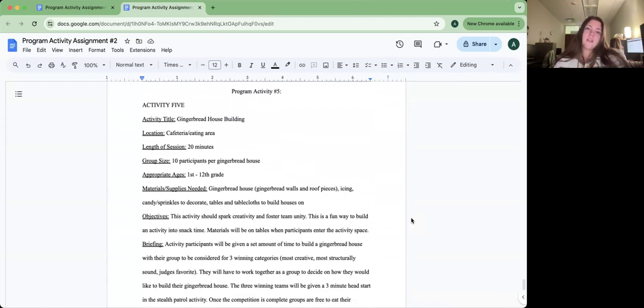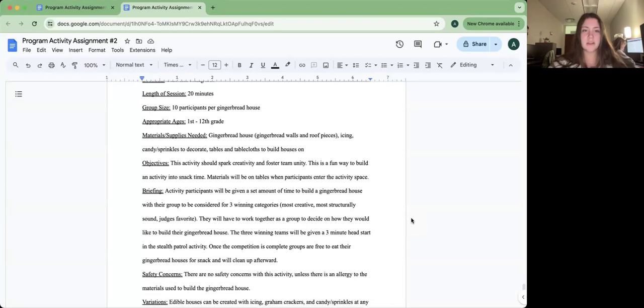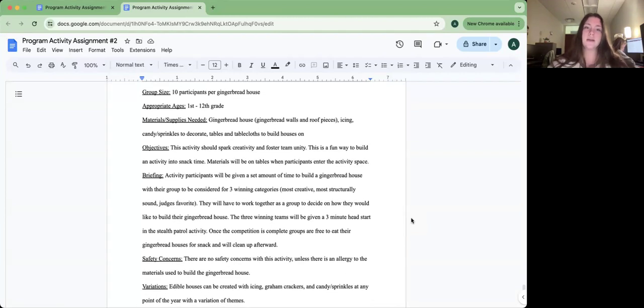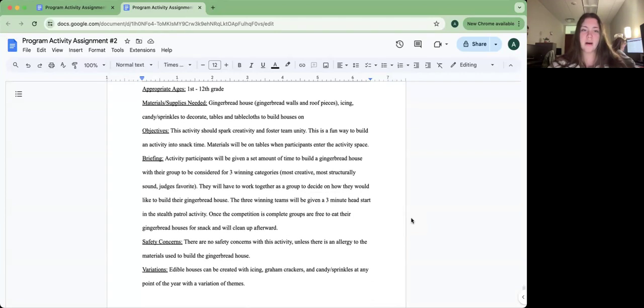Finally, moving on to gingerbread house building. The location for this activity is in the cafeteria or eating area. The length of this session is about 20 minutes, but it can vary depending on what the facilitator desires. Group size is 10 participants per gingerbread house, so they'll be in teams as a group. Appropriate ages are between 1st and 12th grade,